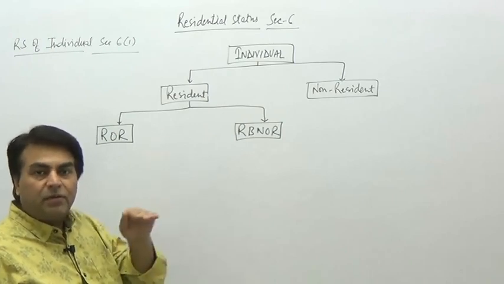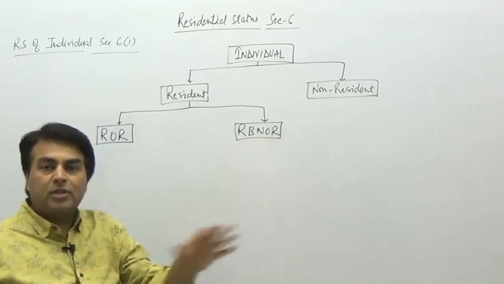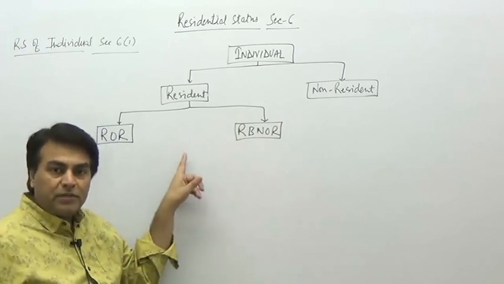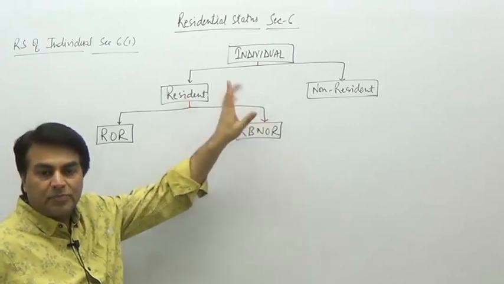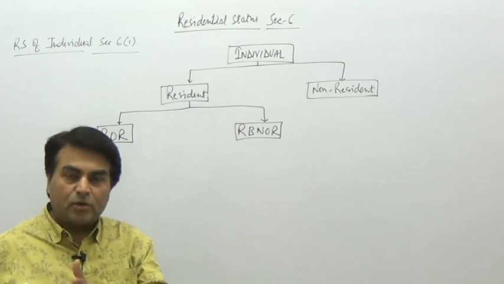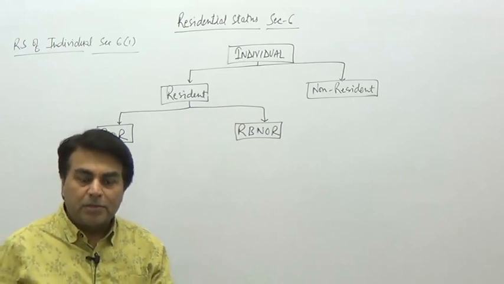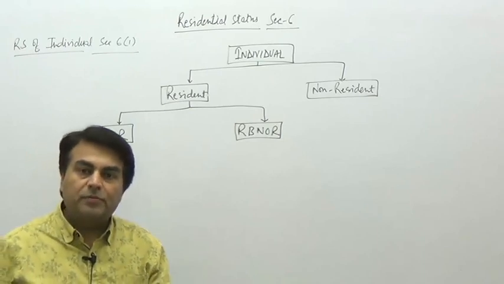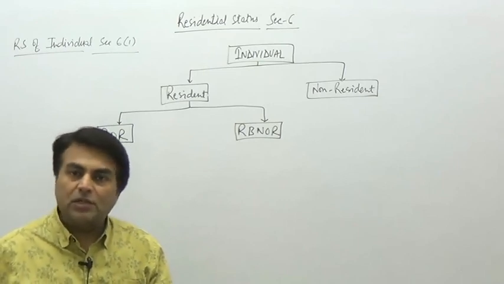Okay, if at the first level he comes out as a non-resident, it being a final status, no further working is required. Second level you would do only when he becomes a resident as per level 1 conditions. Now, how would an individual become a resident, or when would we say that he is a non-resident? What is the test? We have been given two basic conditions, and on the basis of these two basic conditions we try to establish whether he is a resident or a non-resident.